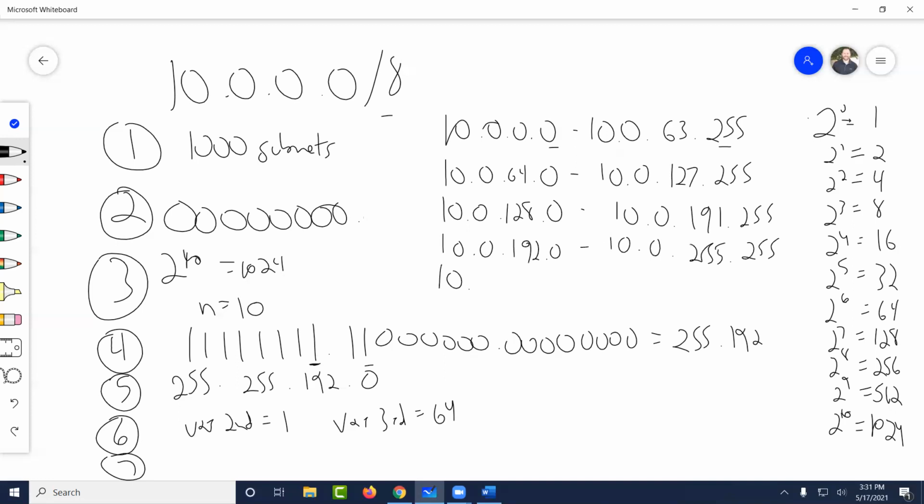What's the next range? Anybody? You can put it in chat. I want you to notice we rolled the third octet by all possible permutations using our variable. So now we should move over and roll the second octet by the variable. So now it's going to be 10.1.0.0 to